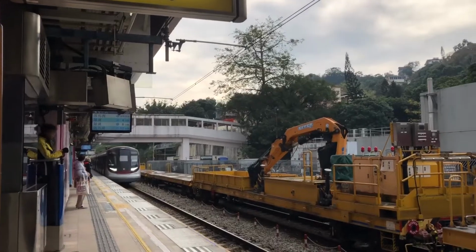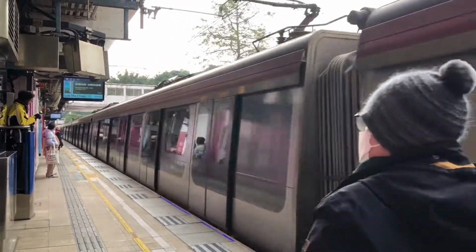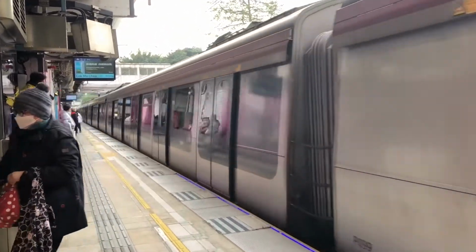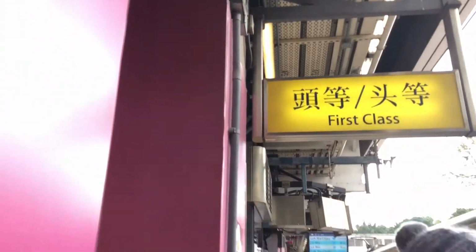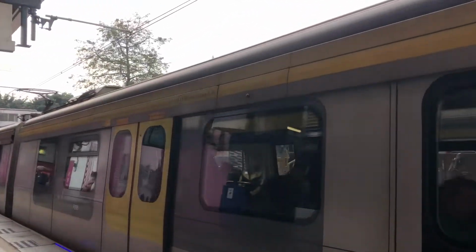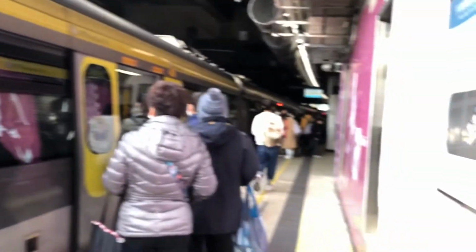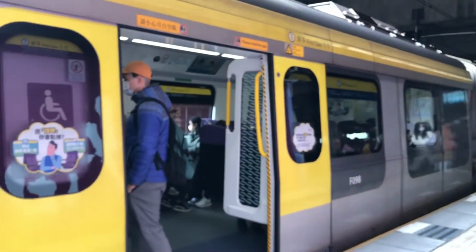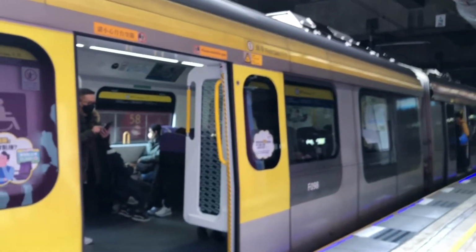This really doesn't look like the Sha Tin Station that I'm used to, but there are cops in the first class car. Don't know whether those are the cops that check on whether people are skipping fares, or are they just standing in the first class car and patrolling. But I'm out on the platform, so the cops shouldn't really come out and catch me or anything. But